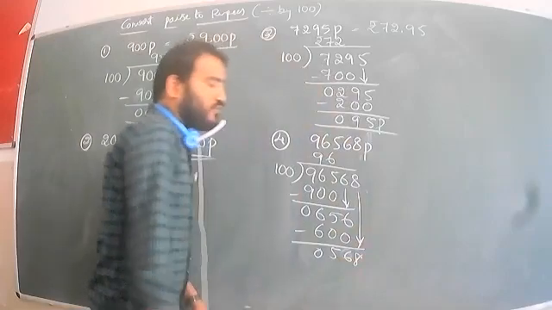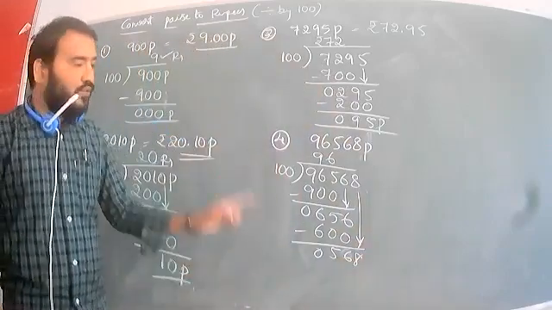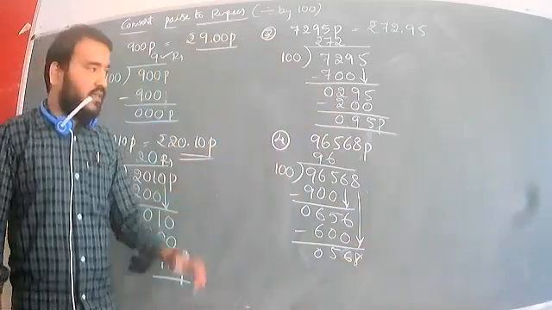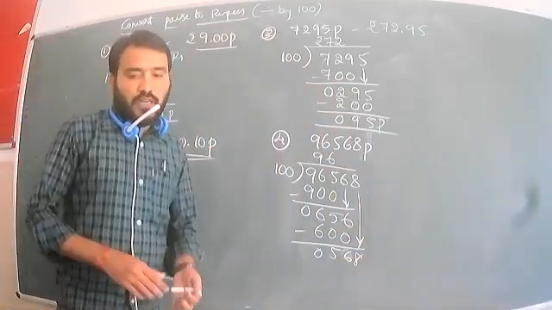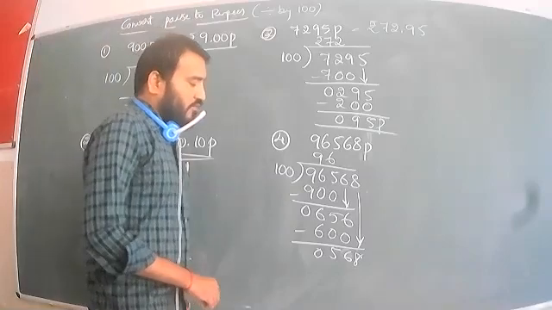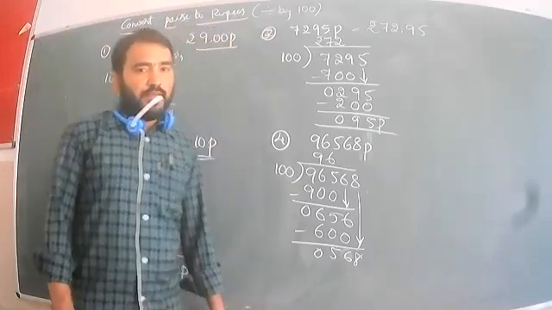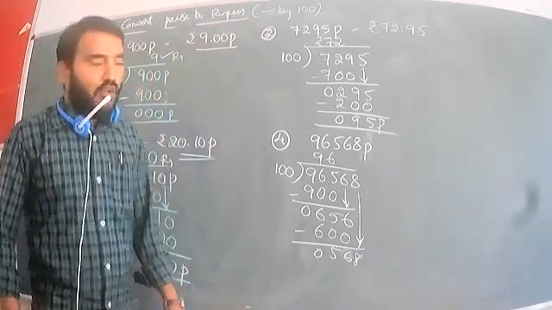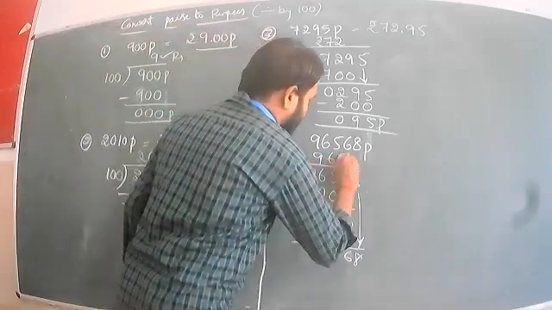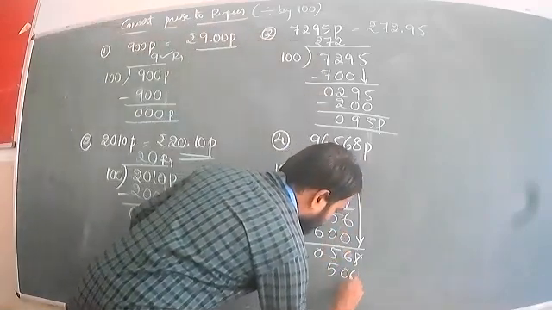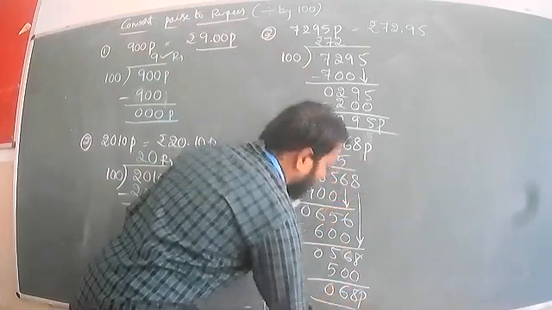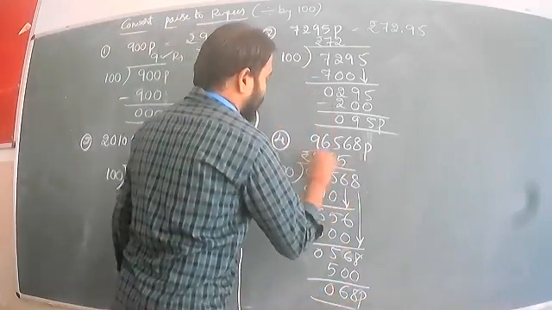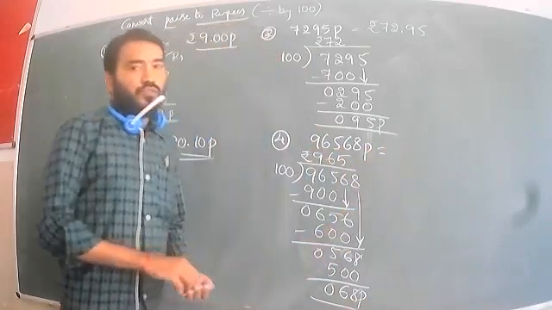We have to take all the numbers down. Once the dividend is complete, we get the rupees and paisa. Now 568: 100 times 5 is 500. We get 68 paisa. 5 less 5 is 0. So it is rupees. What do we get as the answer?